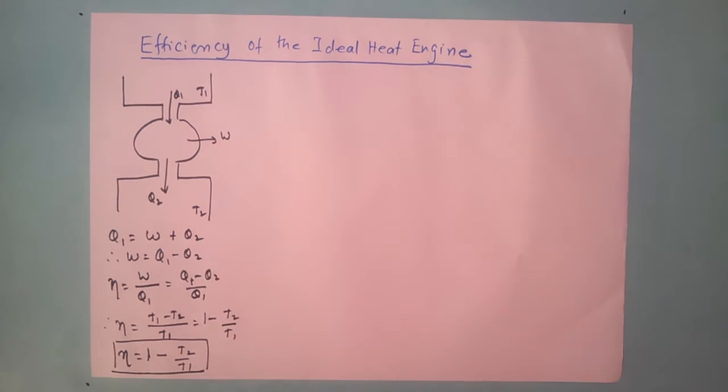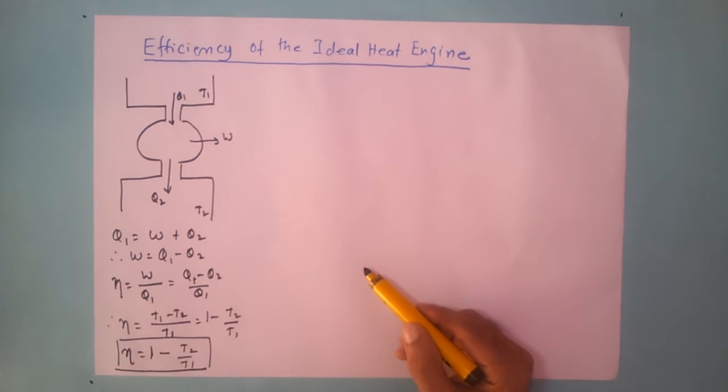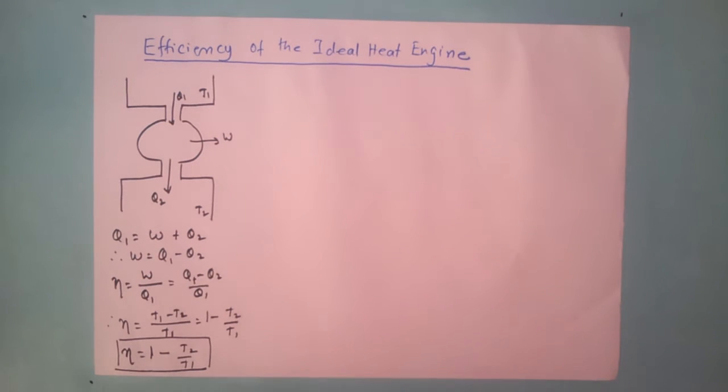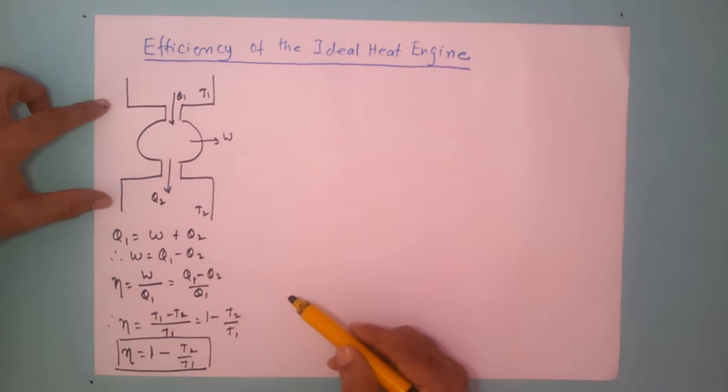As you can see in the equation, the efficiency depends only on the temperatures, T1, the temperature of the source, and T2, the temperature of the sink. Now let us think about how we can increase the efficiency of this ideal heat engine. As you can clearly see in this equation, we can play around with these two temperatures. For example, if I increase T1, this number would decrease and we would have larger efficiency. Or the other option is that we decrease T2. Then again we get a smaller number over here and efficiency will increase. So if I want to increase the efficiency of the ideal heat engine, I have two options.